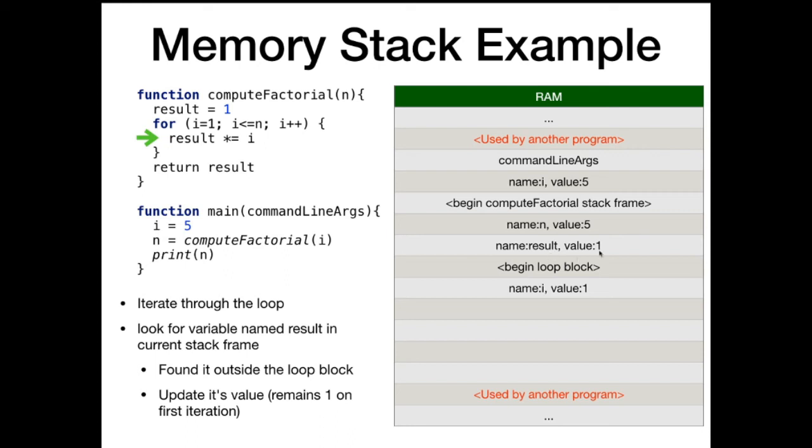It's going to say, I found result. If I said result equals 3, it would modify the result that I created within the block. Since I didn't create a result within the block, it's going to go outside the block, find this result, which was this one, and that's what's going to be modified. So when I run that line, I multiplied it by 1, but this is the result that was used.